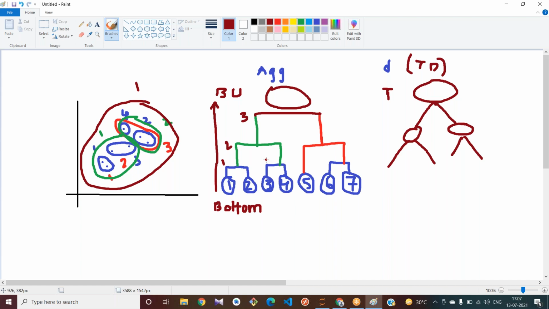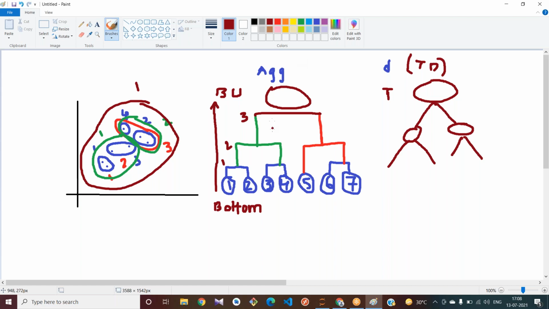Nothing but we will try to choose the number of clusters from these levels. Actually, that is the use here. What we are trying to do in k-means is choose our own value, or use some elbow method. But in some cases, the elbow method will also not work fine.